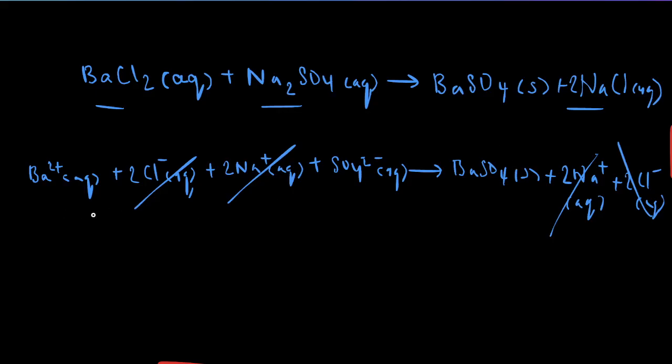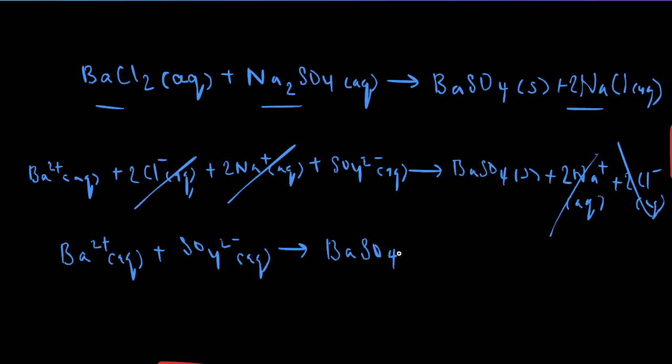And so that leaves us with our net ionic equation to be barium ion plus sulfate ion gives us our precipitated solid barium sulfate,